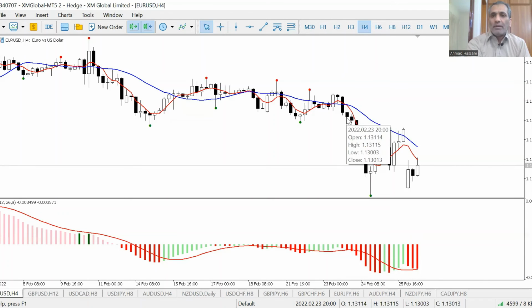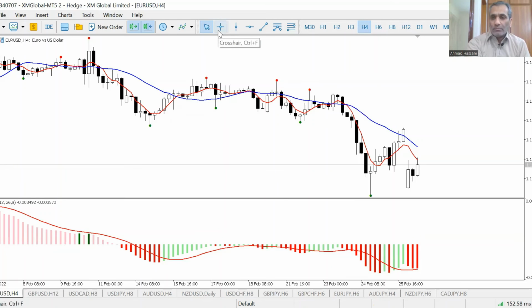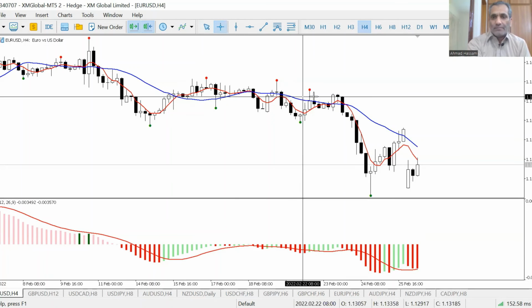Last week, this was the point where President Vladimir Putin ordered Russian forces to start military operations in Ukraine, and see, instantly price started going down. But you can find these type of candles before also. So how do you know that this inside bar candle is significant? You wait, to increase the odds in your favor. This is how we trade.